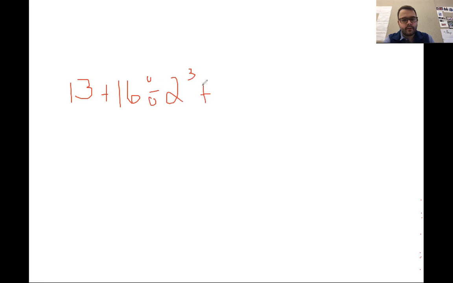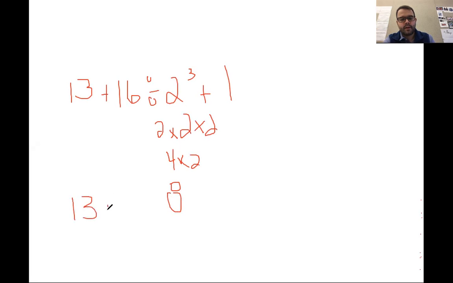plus 1. So I'm going to evaluate first the exponents, because it goes parentheses and exponents. So this represents 2 times 2 times 2. So 2 times 2 is 4. Times 2 is 8. Right? So then I'm going to write 13 plus 16 divided by 8